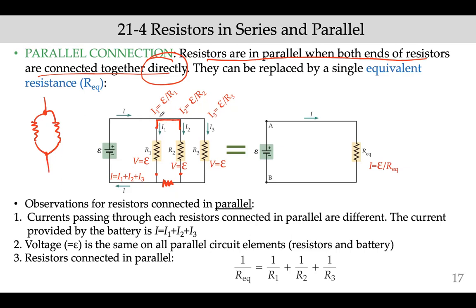You can have some wire in between, that's no problem. As long as you don't have a capacitor like this or a resistor here, it's still a parallel connection. Having wire between the terminals of the resistors doesn't break the condition of parallel connection. So in this case, we have 3